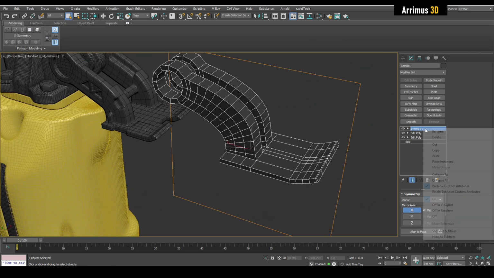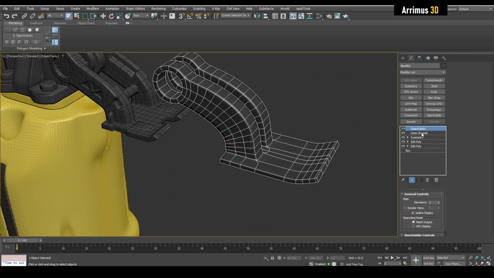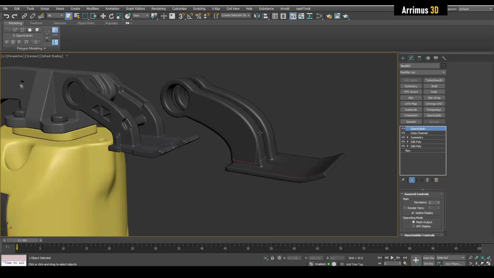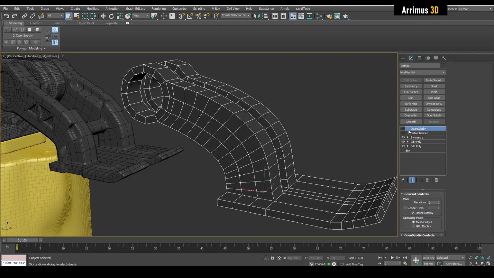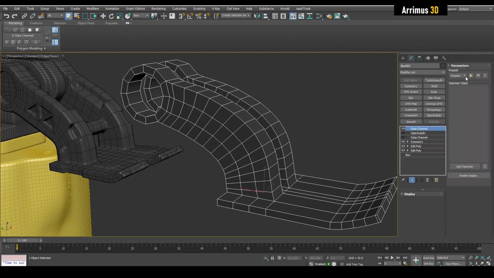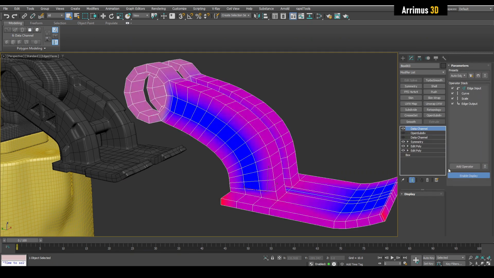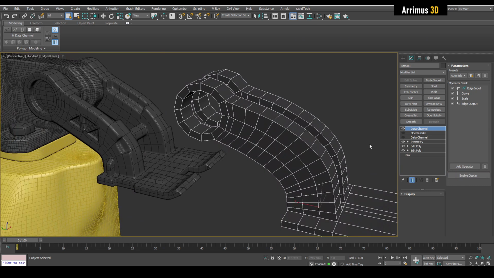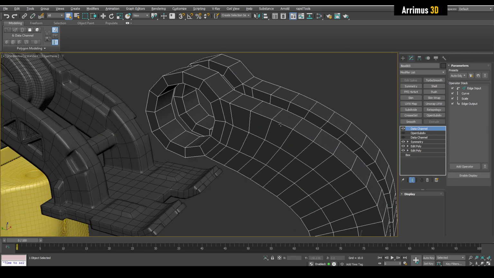And I'm going to paste those 2 modifiers here, Data Channel and OpenSubdiv. So what Data Channel does is you apply a modifier called Data Channel, and then from presets, choose auto edge crease weights, and apply that, and I can turn off enable display. What that will do is automatically and procedurally set up creases here, so that when you apply OpenSubdiv,